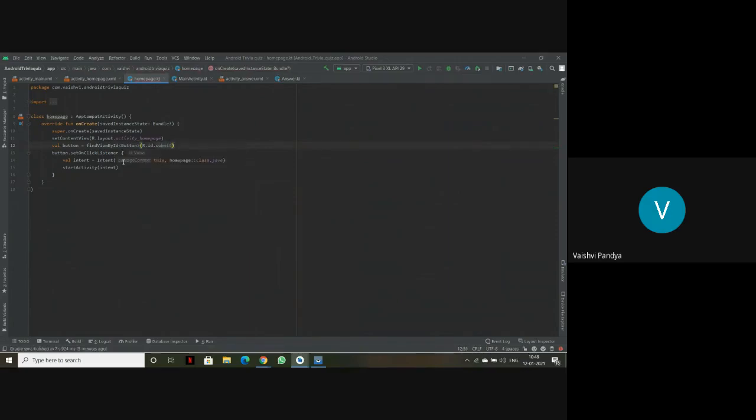And here in the homepage section, instead of homepage we will write answer, because now we want the second page to go to the third page, and that is the answer page. Other than that, the whole code is the same. We have just changed the button ID and then the page that we want this program to go to.